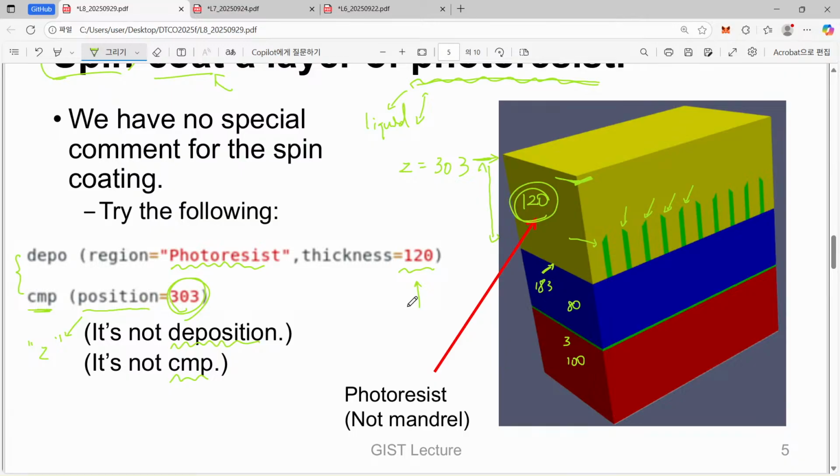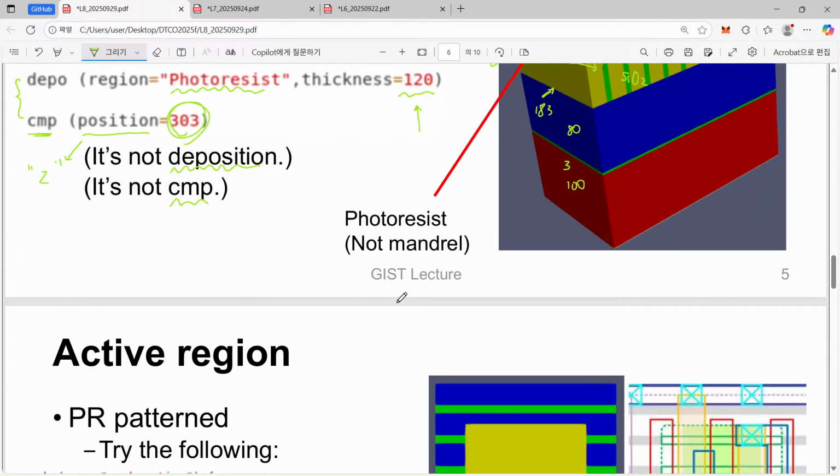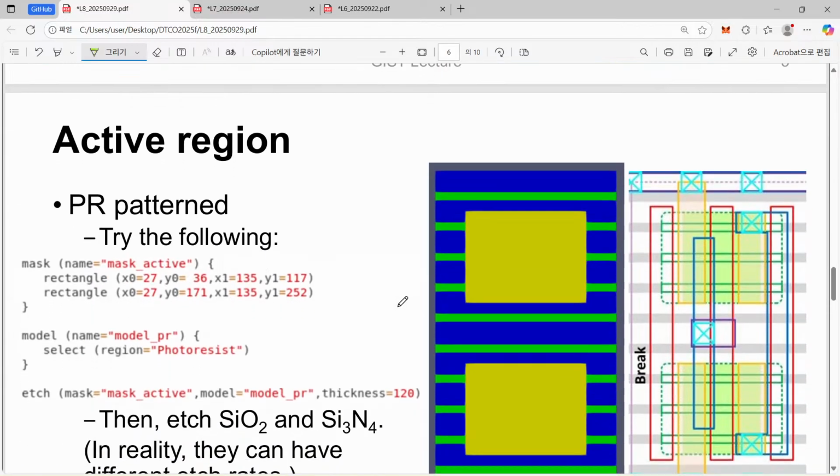So we just lost the patterning. Yes, you are right. Right now you have this condition, but please note that this is a photoresist, and here you have still silicon dioxide. And if we have sufficiently good material selectivity, then we can recover this pattern anytime we want. Okay, so what we have to do is like this.